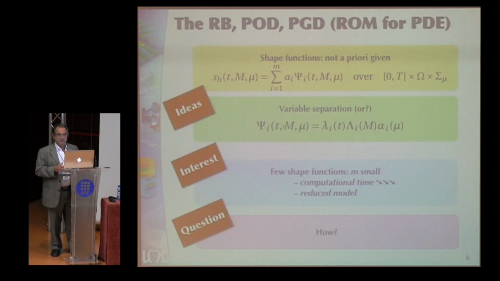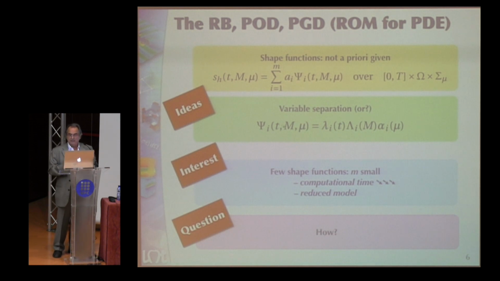So we want to construct a reduced order model for partial differential equations in the nonlinear range. There are in fact three main methods, three main techniques, and for me these three methods are very close. The main idea concerns the shape functions we are used to using to get an approximation. In these methods, the shape functions are not introduced a priori. They are not given in advance. They are computed at the same time as you compute the solution of the problem, thanks to an iterative process.